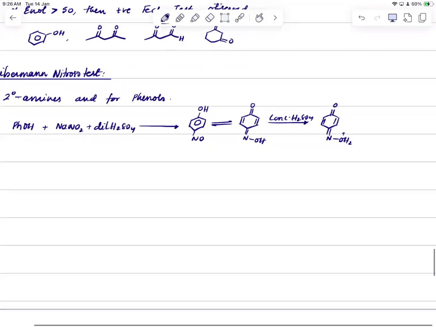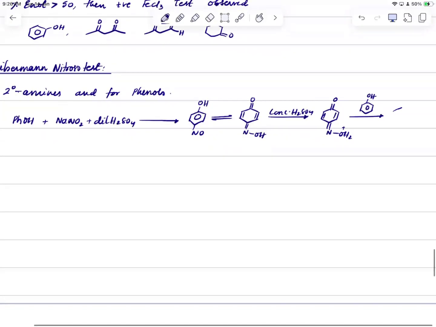So this can be relieved, and the next mole of phenol can again get connected onto it, forming a double bond N with this phenolic group. Got it? Now this compound is called indophenol,